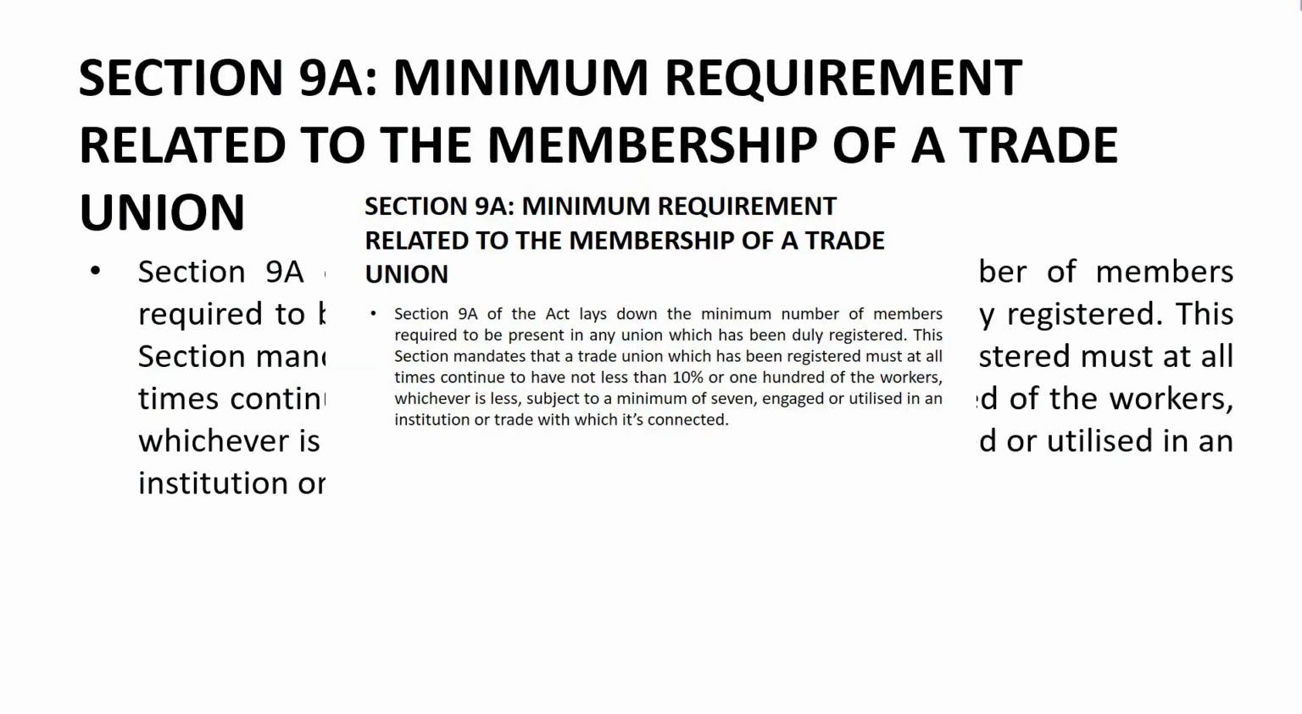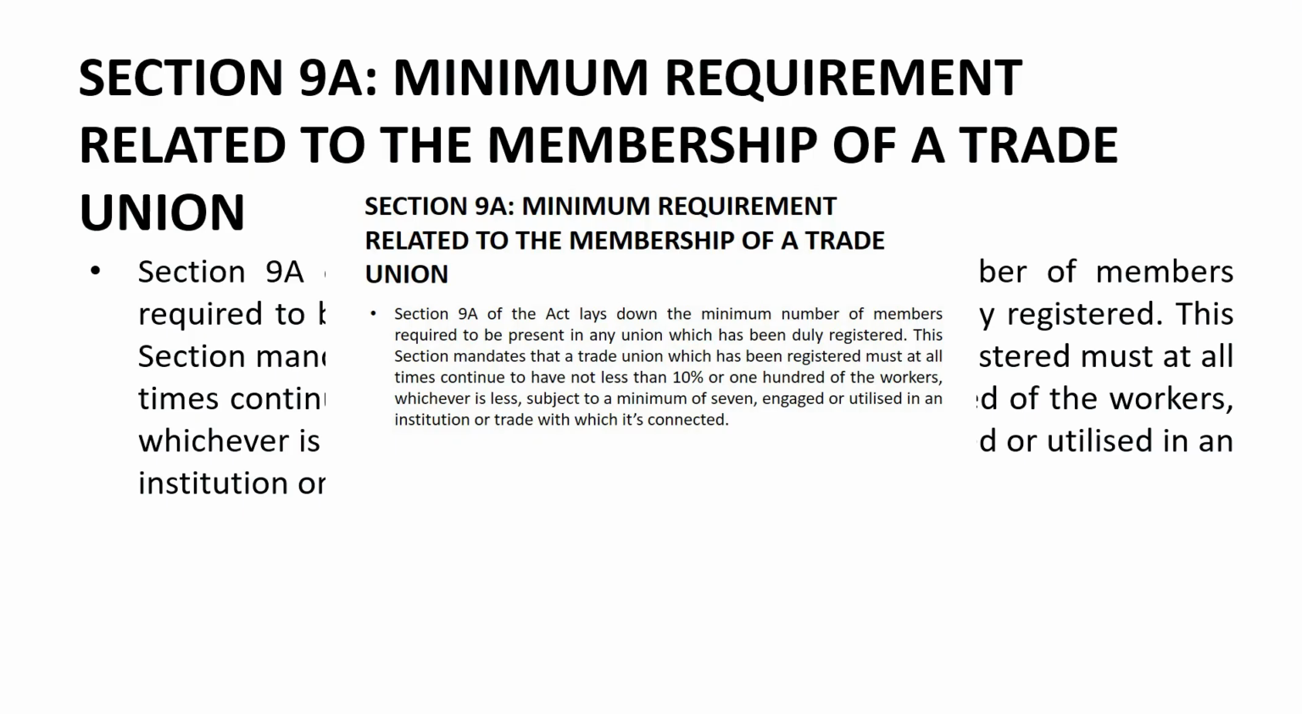Now the question comes, for the minimum requirement related to the trade union membership of a trade union. It has been mentioned in section 9A. It talks about the minimum members required in the union. Section 9A mandates that a trade union shall be registered, and must at all times continue to have not less than